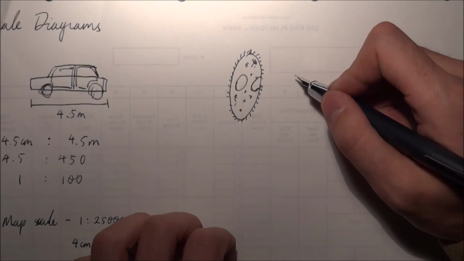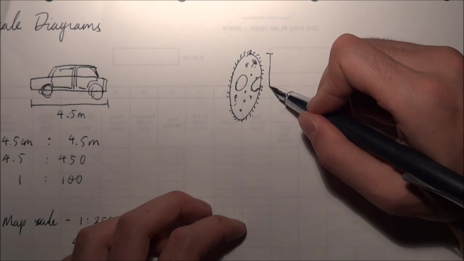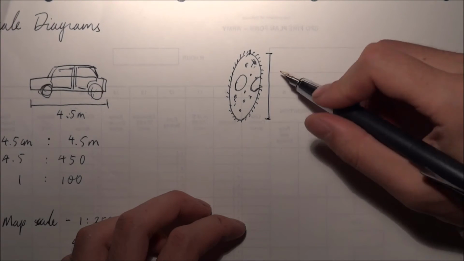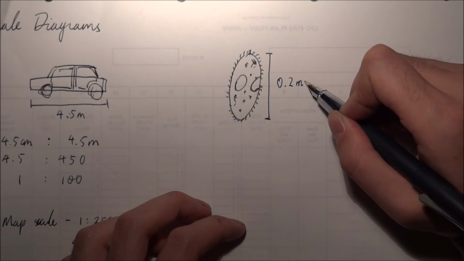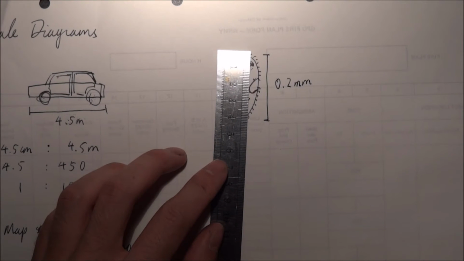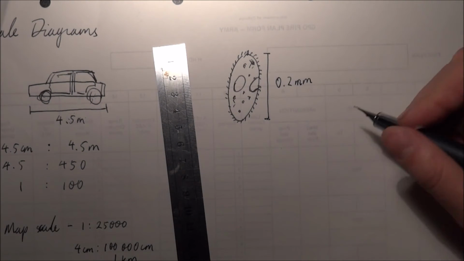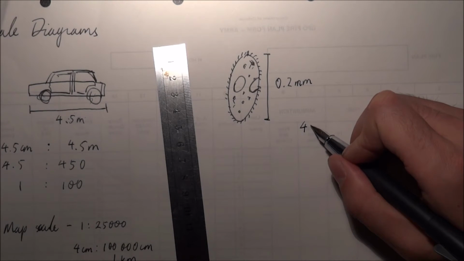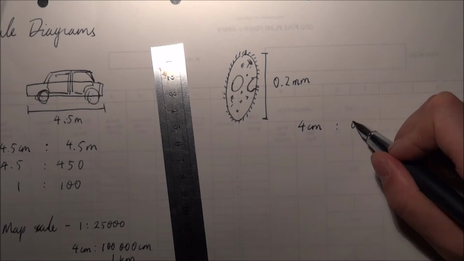Now, but we have enlarged it, and let's say this is 0.2 millimeters, and we measured it's actually 4 centimeters long. So in the image, the thing is 4 centimeters long, yeah? But in real life, it's 0.2